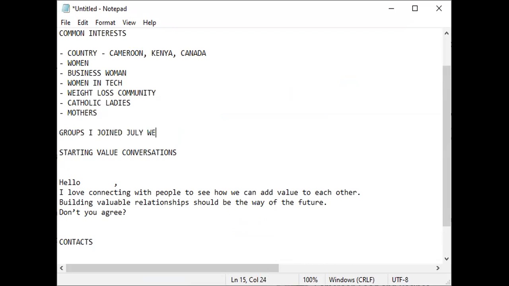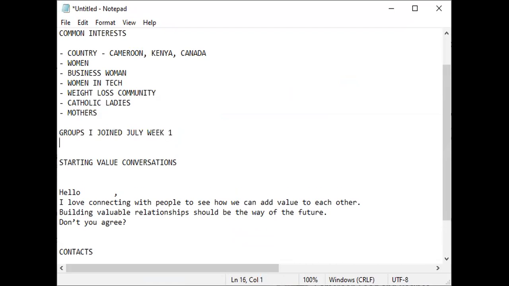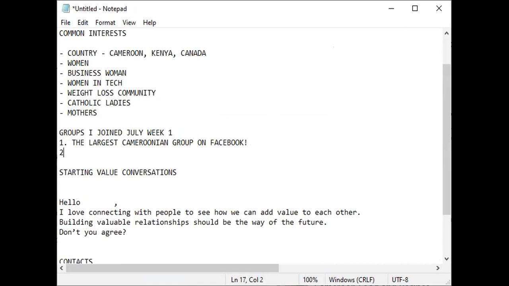July week 1. So the first group I'm putting there. I'll just use my Control V to paste it there, so that I'll know the groups that I've been looking for that is pending, that I actually wanted to join. Then I'll go back,